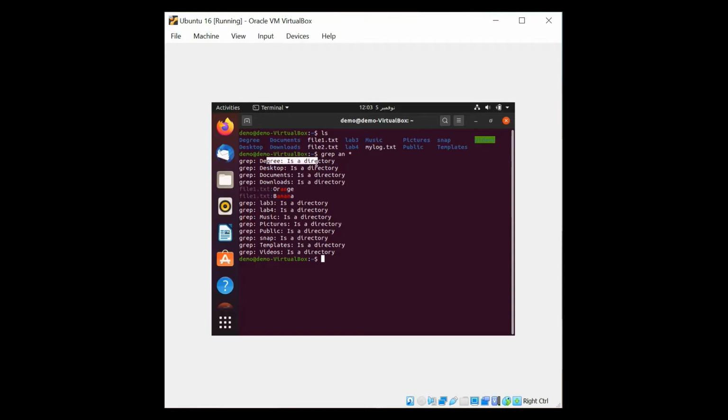It is saying that degree is a directory, desktop is a directory, and document is a directory, because asterisk means it doesn't care whether it is a file or a folder. It even checks the folder names. But if you want a proper output, I want Ubuntu to search only the files, not the directories. So let's do the same command in a slightly different manner. Grep, and then I'm going to search the phrase an in